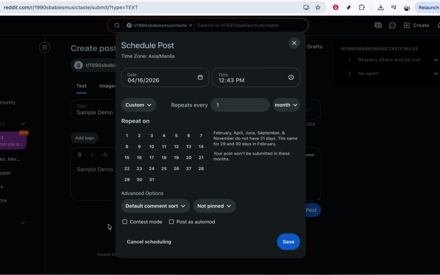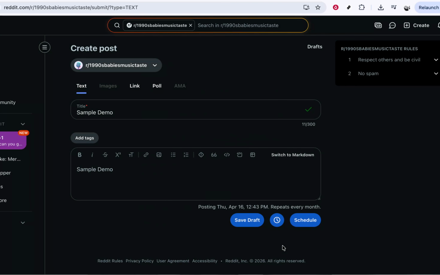It can help to think about when that subreddit is most active or when people in the main time zone you're targeting are usually online. Double check that the time zone shown is correct for you, so your post doesn't go out earlier or later than you planned. After you've confirmed the schedule,